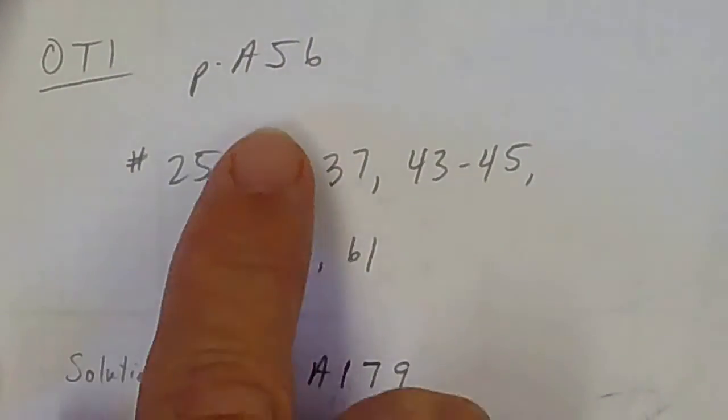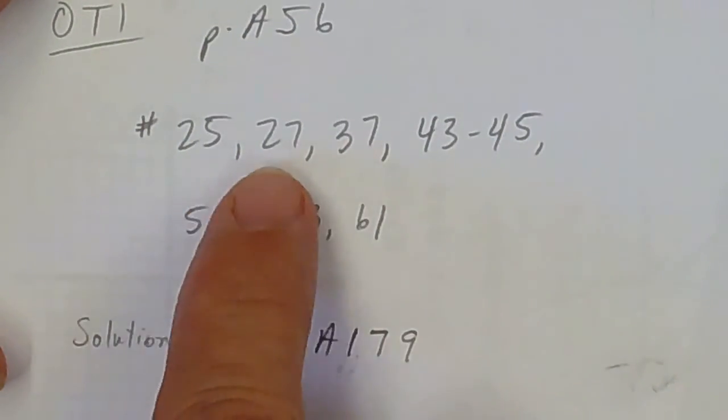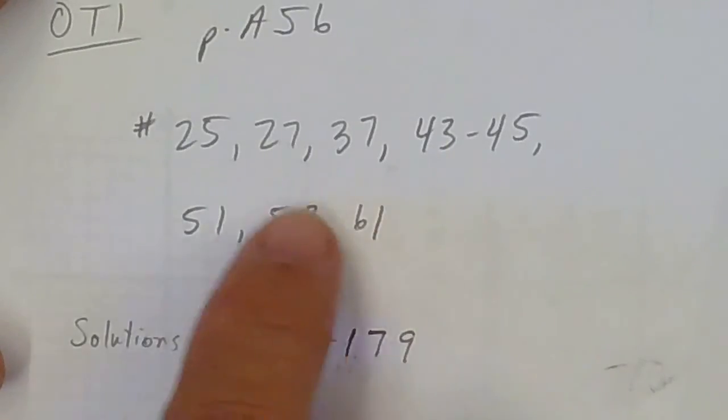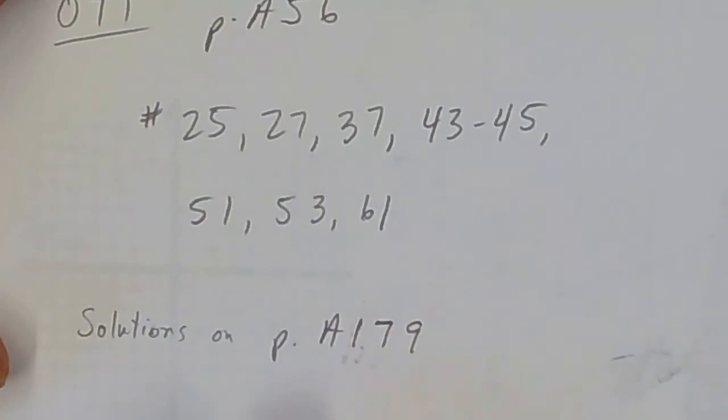Okay, now these problems are in the back. A means appendix. It starts off with 3 review problems, and then today's work starts with 43 through 61. So the first 3 are review. The red problems, you can scan the QR code and you have video examples of those, okay? Solutions are on page